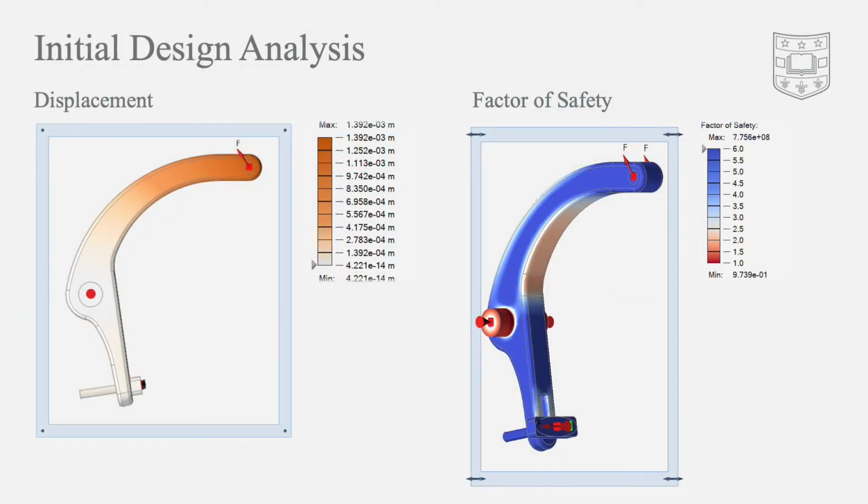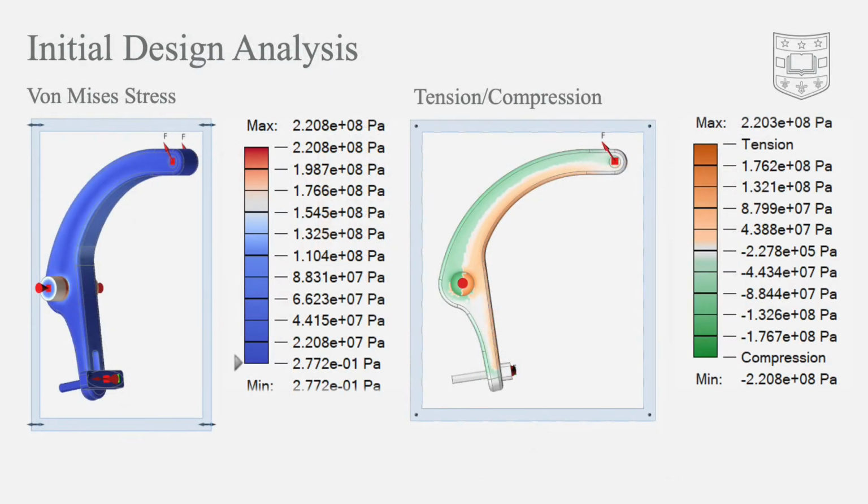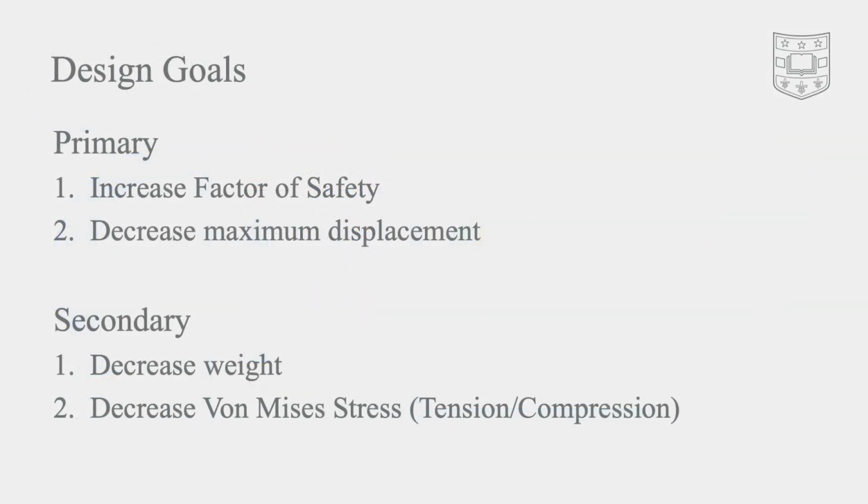Some of the initial analysis results are shown here. This is the displacement and factor of safety. And here is the von Mises stress and tension and compression. Since the textbook did not specify how the part was failing, the primary goals were simply to increase the factor of safety and decrease the maximum displacement. And the secondary goals are to decrease weight and decrease the von Mises stress, which is related to tension and